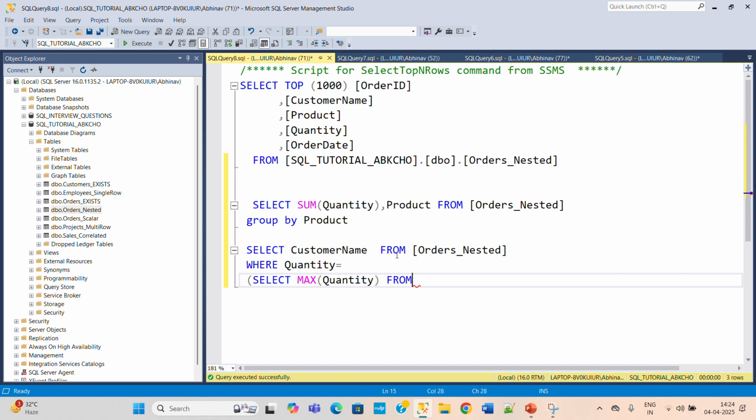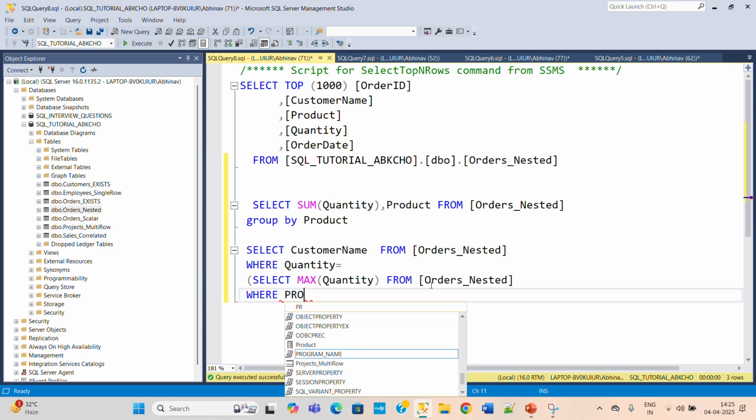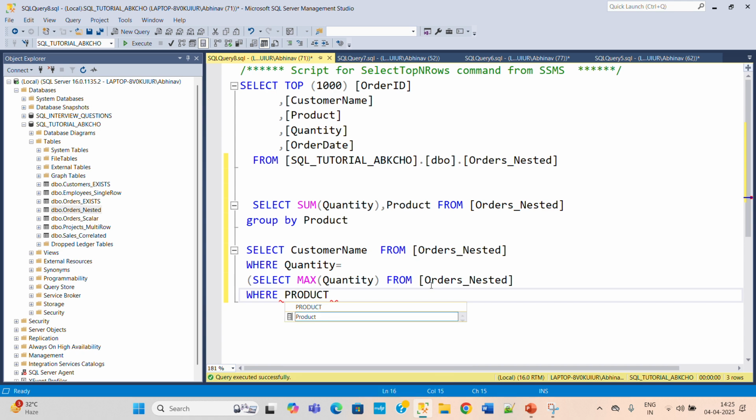from the orders table, where we need to find out the maximum product which has been bought. So where product equals to, then our nested subquery will start from here, where product equals to